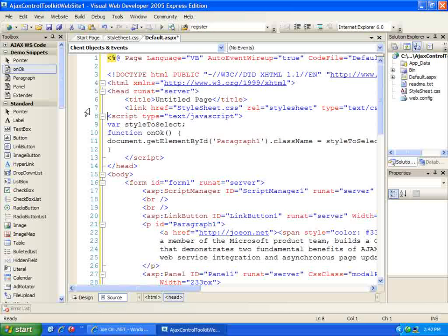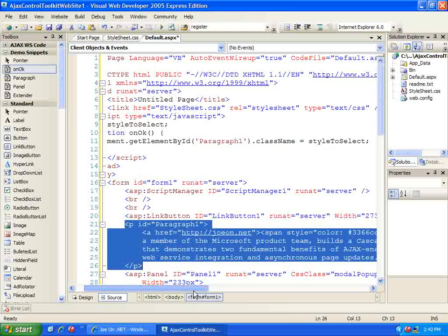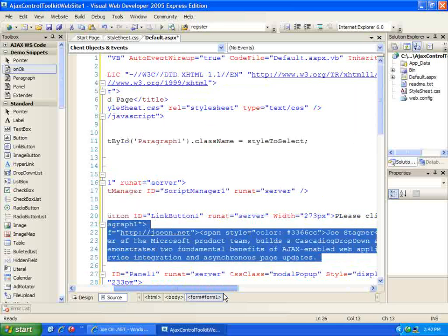So here we have our variable, and notice that it's outside the scope of our function, so it's globally available to all of our JavaScript code. Then I've got this function onOK, and onOK will look into our HTML element and set the class name of the paragraph, the paragraph with the ID paragraph1 here, that contains a snippet from my bio, to whatever style to select